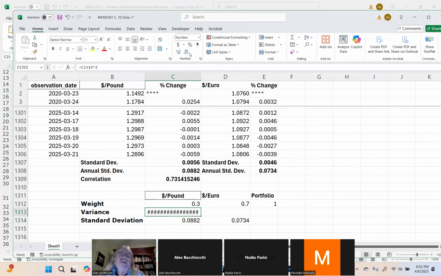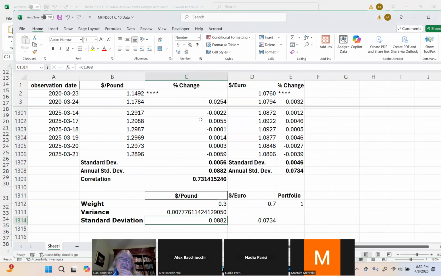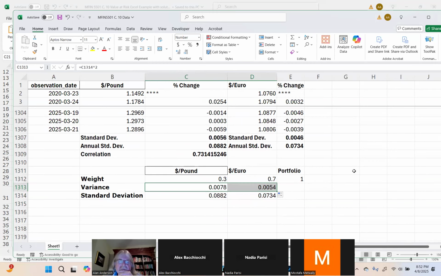When you see this, it means it's got too many digits or something's not right. I'm going to try that again. I don't know what that is. Oh, it's just a huge number. That's what I thought. And then we'll drag this across. So those are our results. Now,